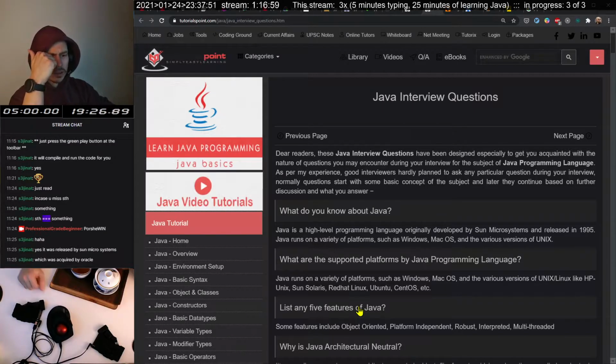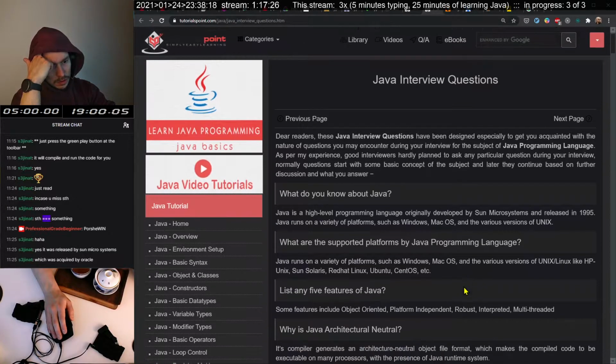Okay, object-oriented, platform-oriented, robust, interpreted, multi-threaded. Okay, that's fair. Multi-threaded, of course. Interpreted, yes. Well, I'm not sure about this. Platform independent. Okay, whatever.